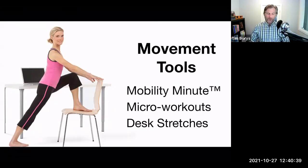And the whole goal of the Mobility Minute is to take every joint in your body through its full range of motion. And there are lots of ways you can do that. There's no right or wrong way. Typically, I'll start at the head and work down to the toes, or start at the toes and work up. A minute's a guideline. If you have 10 seconds, do a squat where you round and then come up, and you're going to take almost all the joints in your body through their range of motion. A couple little rotation ones. But the idea is that we